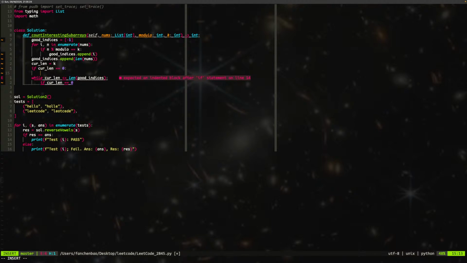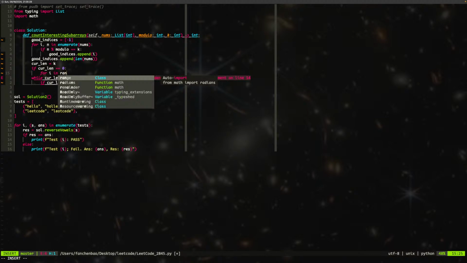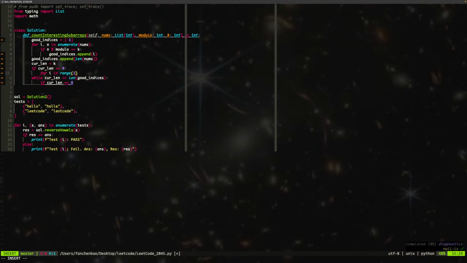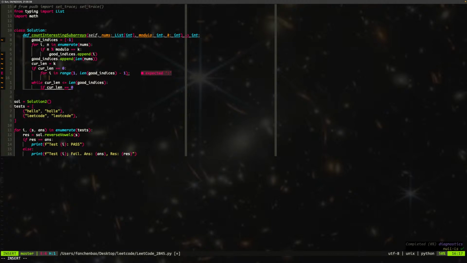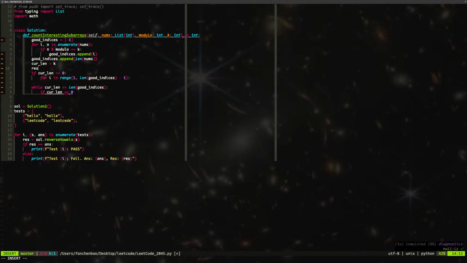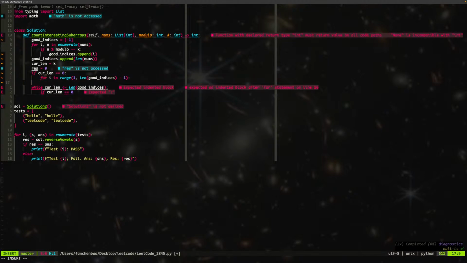So we start from, let me say, for I in range 1 to len good indices -1. Okay, so we go from there. For each one, I check to the previous, and the rest equal to 0, right? So we check with the previous,